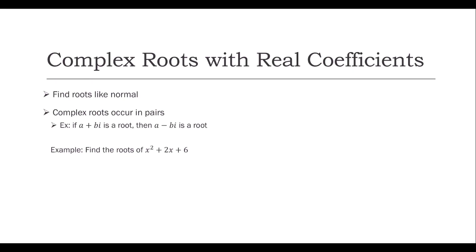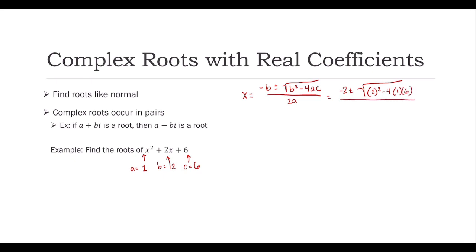So for our first example, we have: find the roots of x squared plus 2x plus 6. Our a value here is 1. Our b value is 2. And our c value is 6. So we have our quadratic formula where x equals negative b plus or minus the square root of b squared minus 4ac all over 2a. So it's going to be negative 2 plus or minus the square root of 2 squared minus 4 times 1 times 6, over 2 times 1,